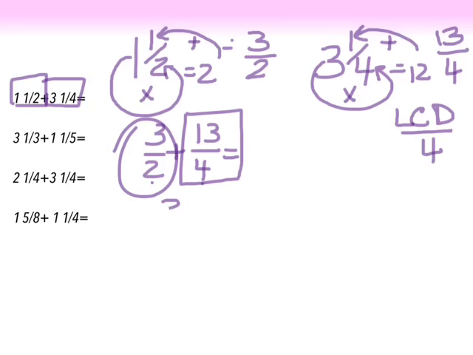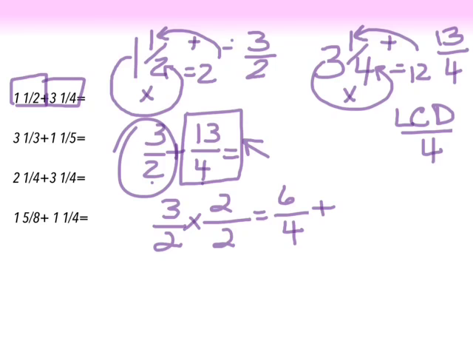So I have my 3/2 over something over 4. Multiply by 2/2. I've got 6/4 plus my 13/4